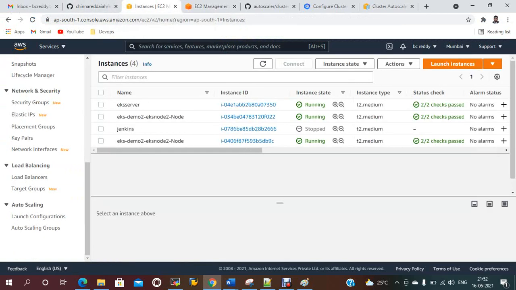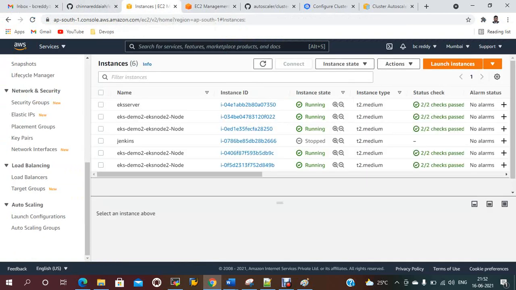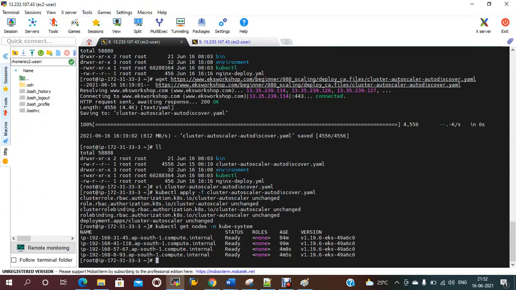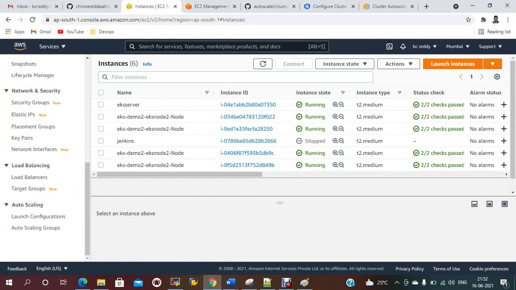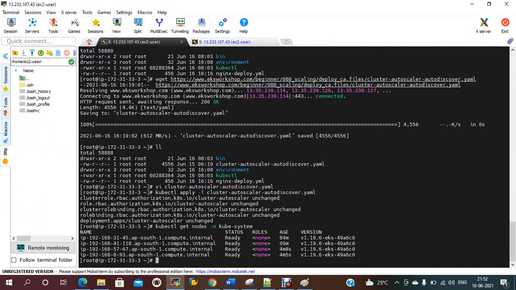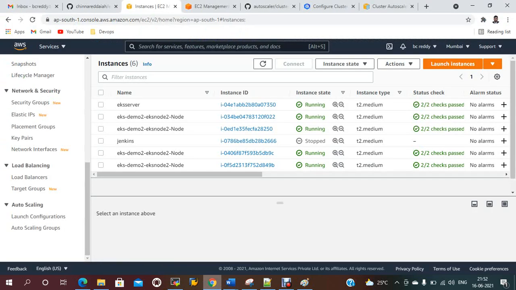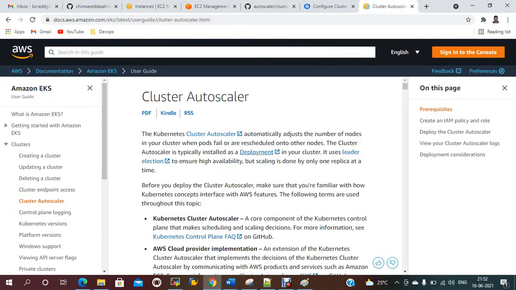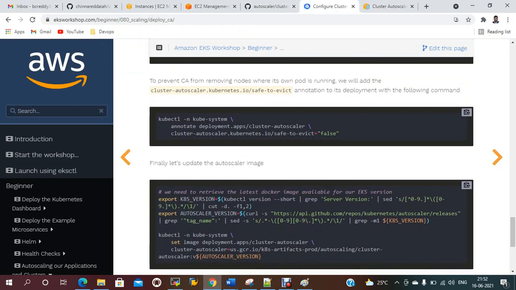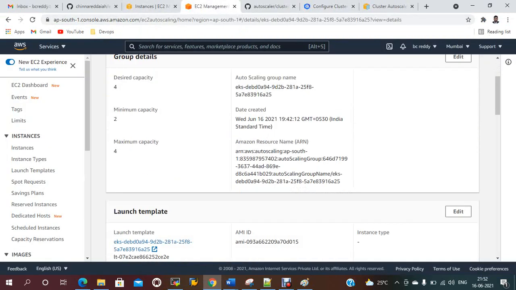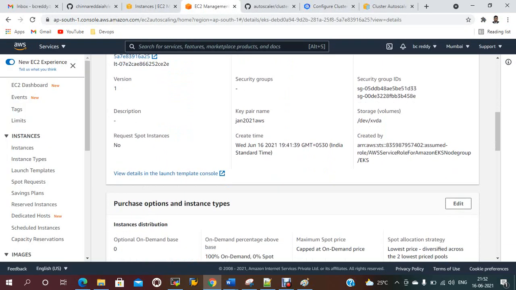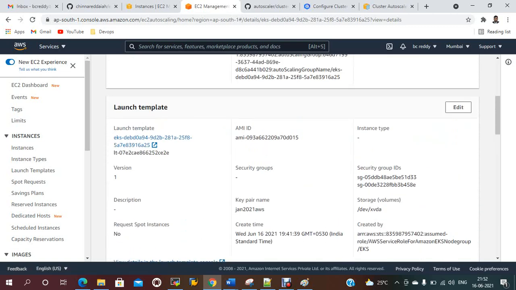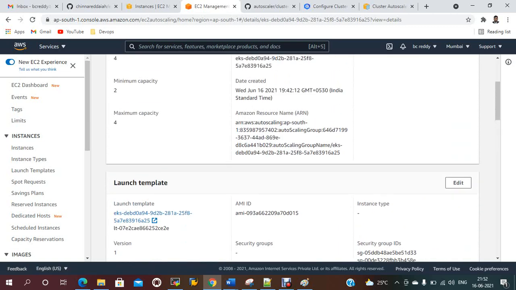If you go here and check, it should be created, extra 2. Now 4 nodes should be created automatically. See, if you go to autoscaler also, this should be coming up successfully.